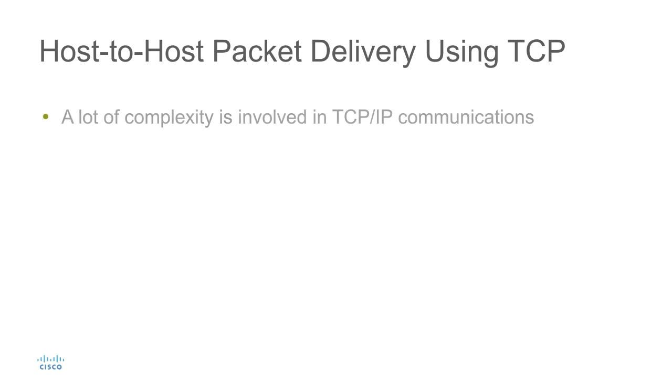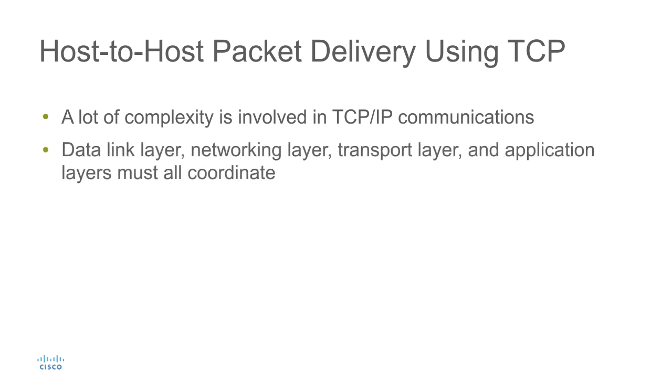There's actually quite a bit of complexity involved in TCP communications. When you think about it, you have a number of layers: the data link layer, the network layer, the transport layer, the application layer, all involved in this communication, and they all have to coordinate with one another. You have MAC addresses at the data link layer, you have IP addresses at the networking layer, you have TCP at the transport layer,